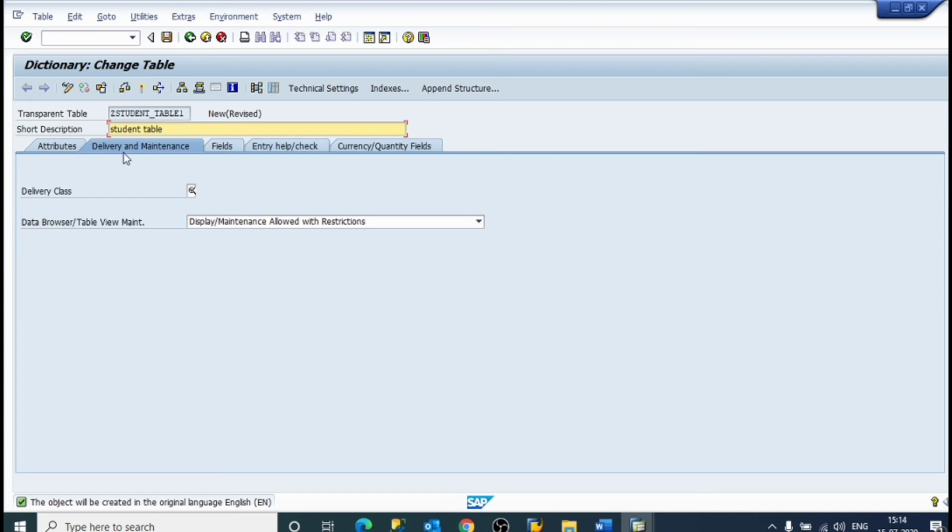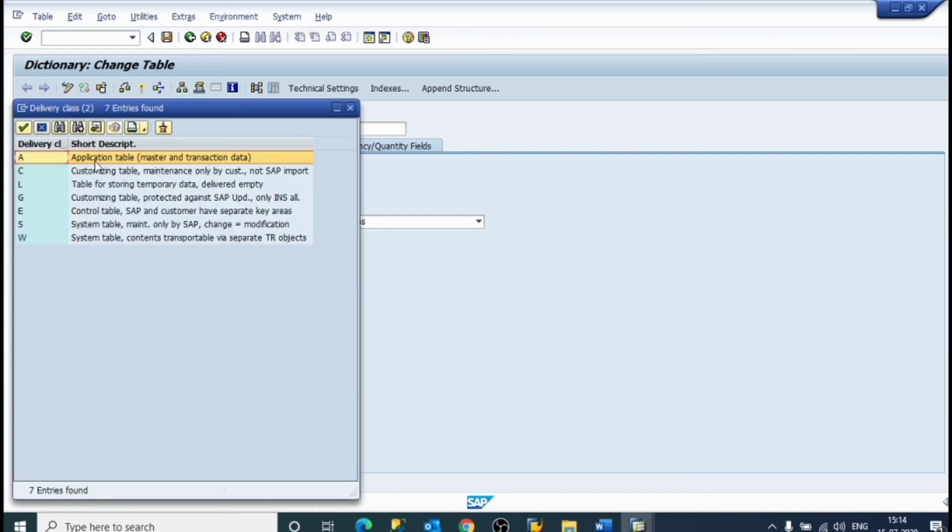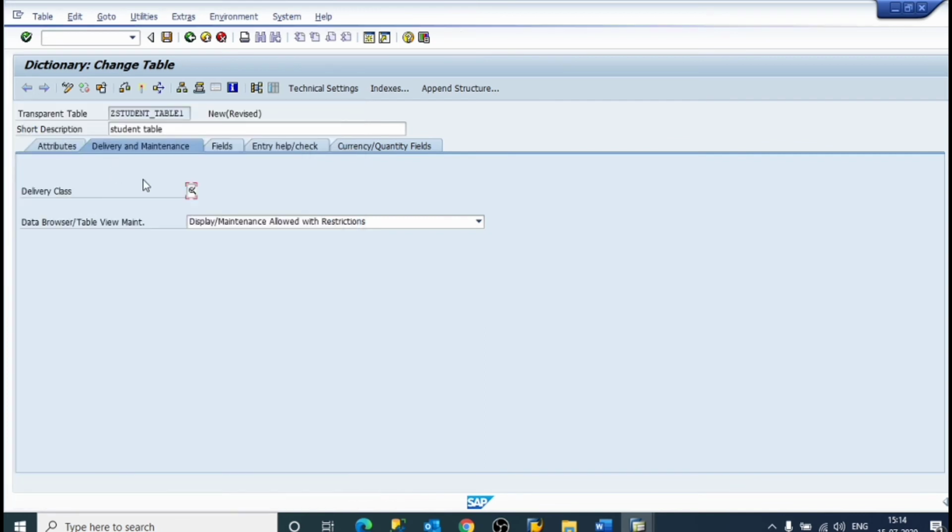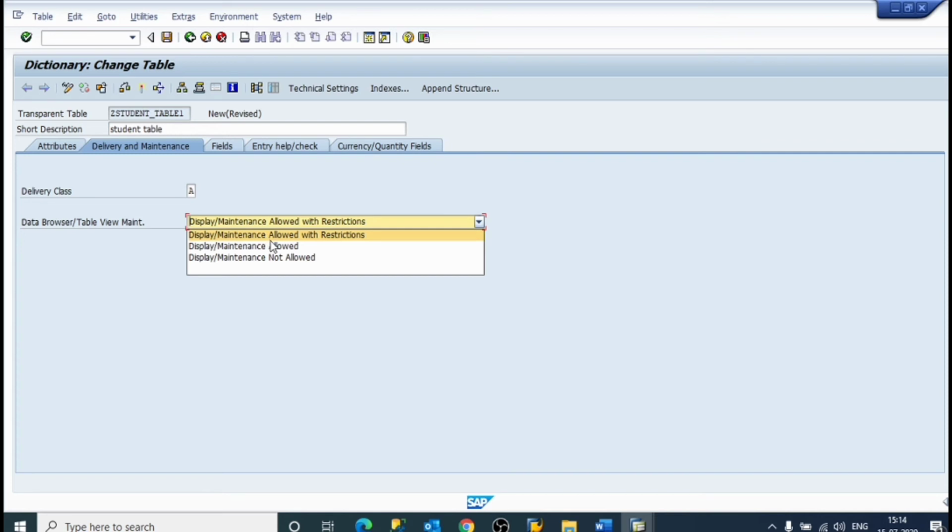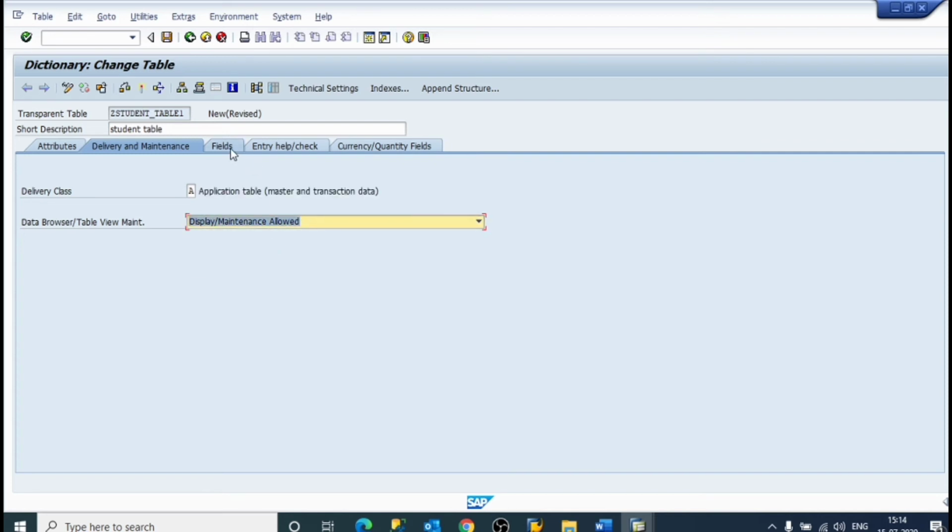Now delivery and maintenance. So delivery classes, we have to just click on this button. Now application table, master and transaction data. Yes. Data maintenance. Now fields.